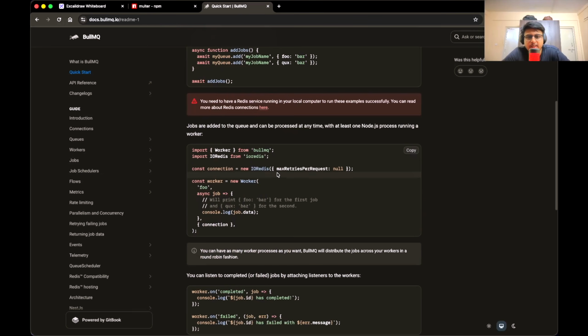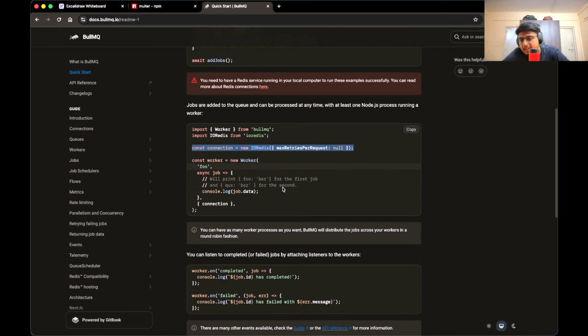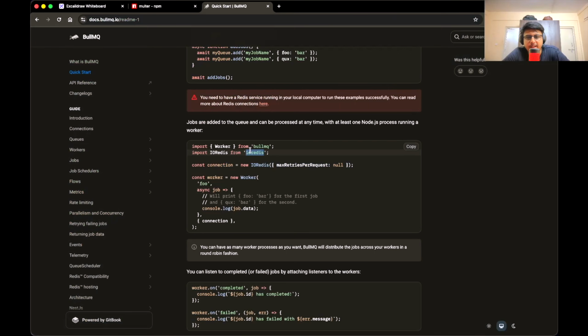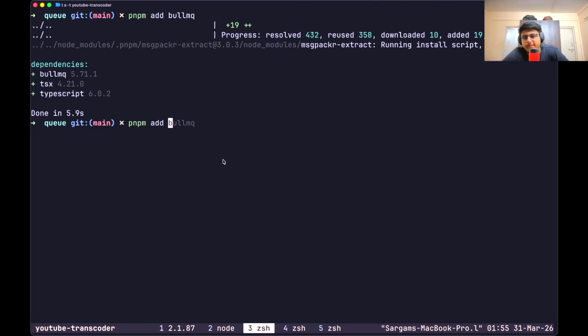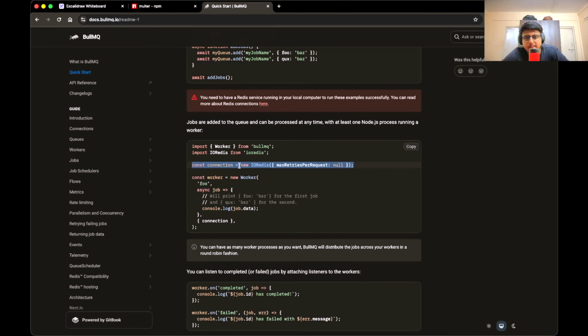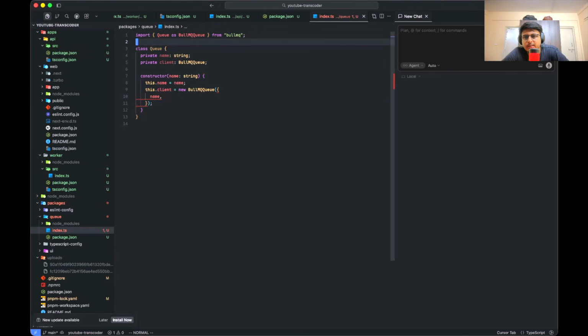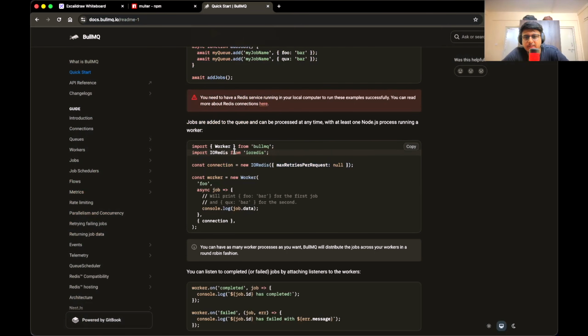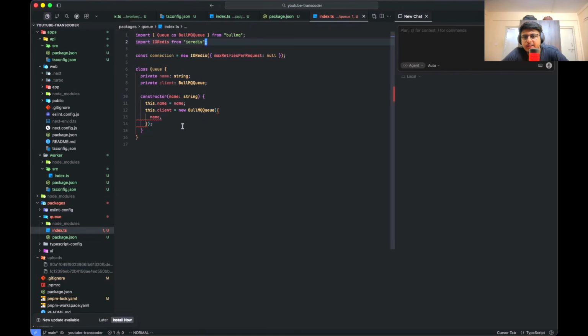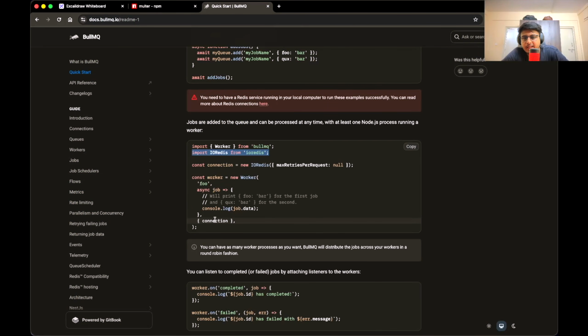I think we can also use ioredis, to be honest. Let's just use it, I think it's better. Yeah, npm add ioredis. For that, we'll also need to add ioredis over here, like this. And then,